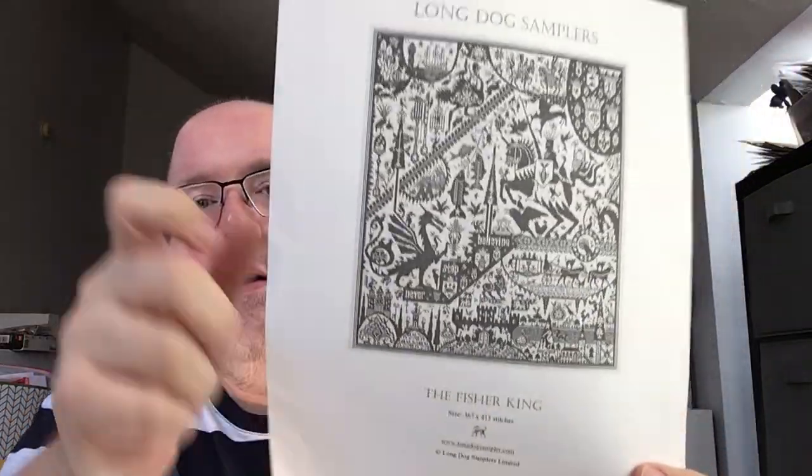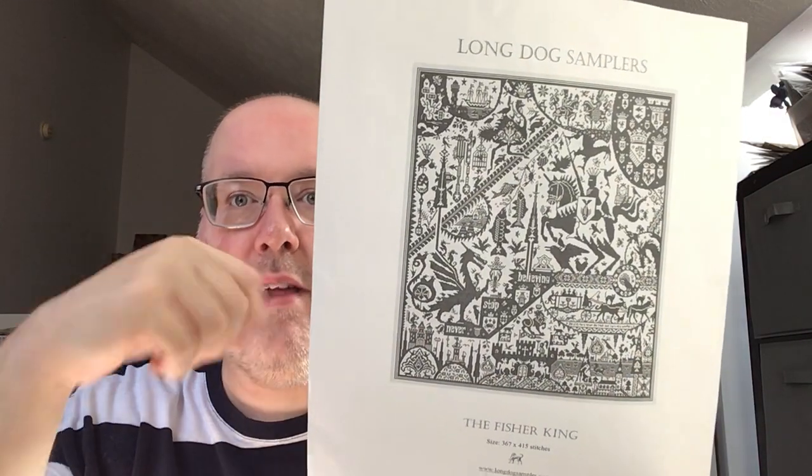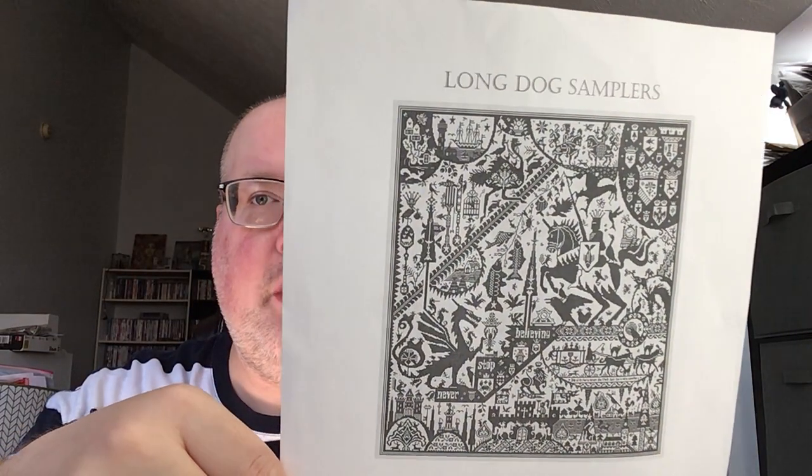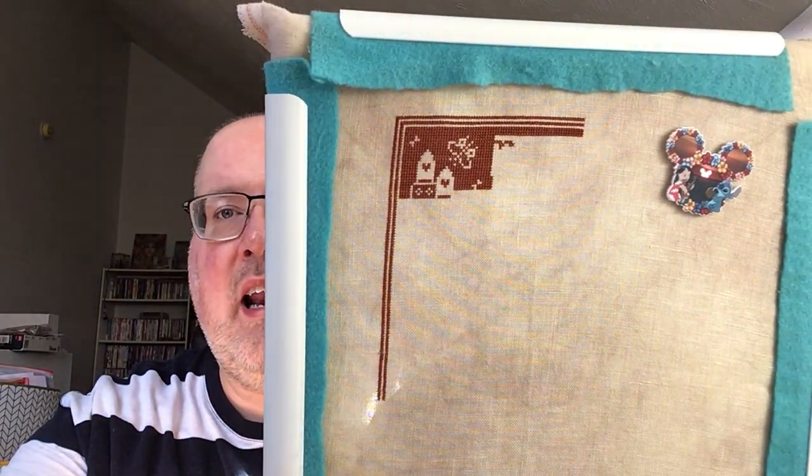So then my next new start was the Fisher King from Long Dog Sampler. I needed to start another long dog like nobody's business. But I started here in the top left corner. My fabric is Dusty Road 40 count linen from Seraphim Fabrics. And I'm stitching it with DMC 918,